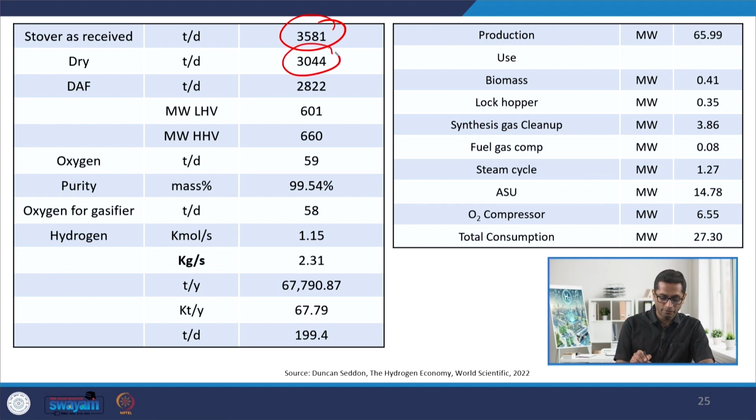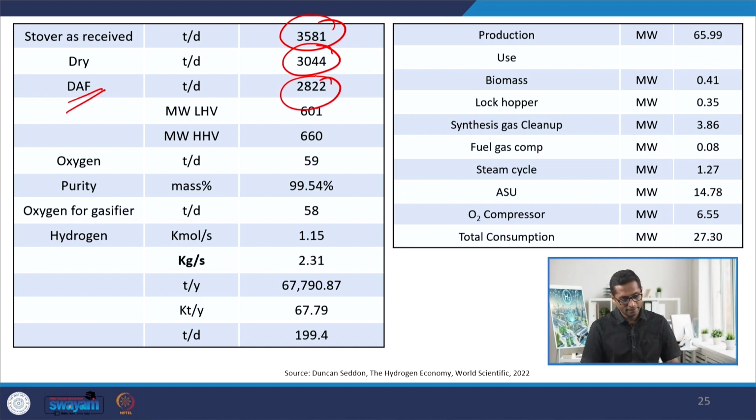I remove roughly 15% moisture from it. It is around 3,000 tons per day. Further, I can remove ash from it, which basically means dry and ash free basis. So when I say a term like DAF, which is dry and ash free basis, this is even lesser, and this would entail that I would also need a good quantity of oxygen because I am not aiming for